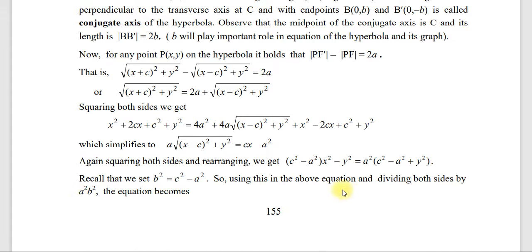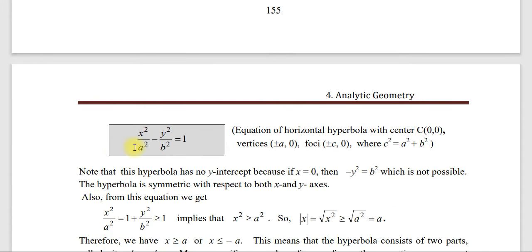እንደዛ ነው የሚለው እዚህ ጋር። ስለዚህ both side ምን እናደርጋለን? ለ a square b square እናካፍላለን ማለት ነው ይሄን ኢኩዌሽን። ከዛ ምን ይመጣልናል? እንደምታዩት x square over a square minus y square over b square. ኤሊፕስ ፕላስ ነበረ፣ ሃይፐርቦላ ምን ሆነ? ማይነስ ሆነ ማለት ነው። ስለዚህ ሆሪዞንታል ሃይፐርቦላ ዊዝ ኤ ሰንተር (0, 0) ኢኩዌሽኑ ይሄን ይመስላል። ቨርቴክሱ plus or minus a, 0 ፎኪው ደግሞ plus or minus c, 0 where c ማለት ደግሞ b square plus a square ማለት እንደሆነ መረዳት መቻል አለባችሁ ማለት ነው።